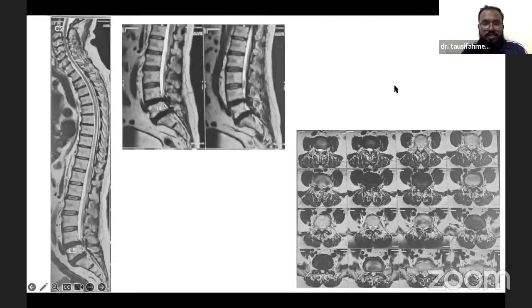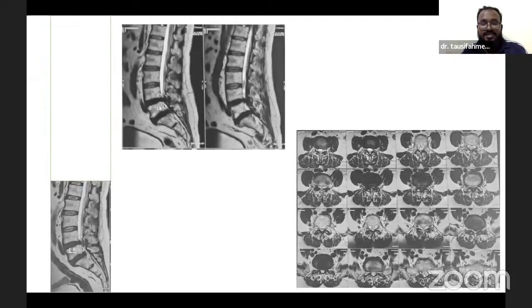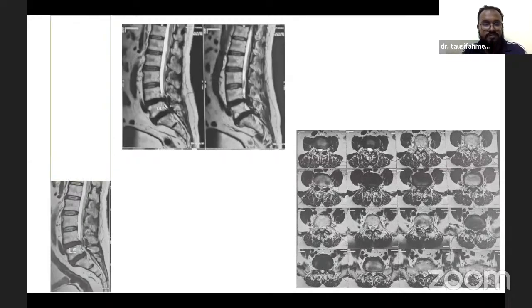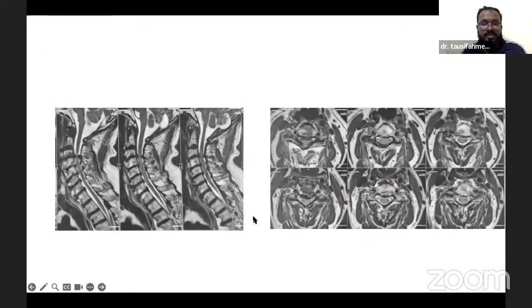So this is the lumbar one and whole spine screen. I have put it on. Retrospectively, if I haven't seen the whole spine screening, then I will be completely blinded for the cervical spine, and I would end up doing the lumbar spine only and not the cervical spine. Since I have screened the cervical spine, and since the patient was having upper motor neuron symptoms,